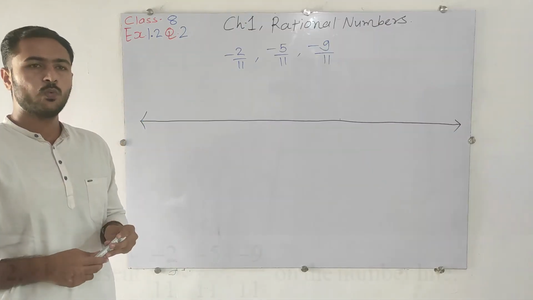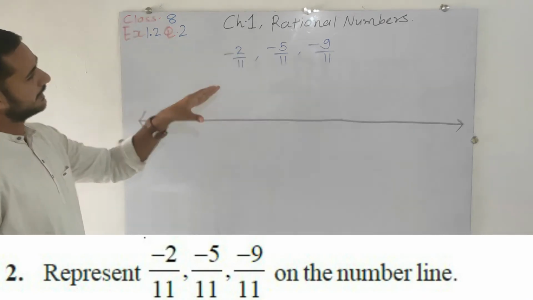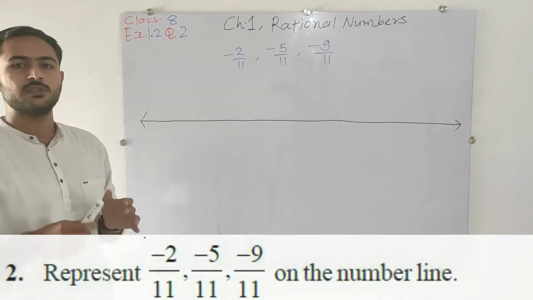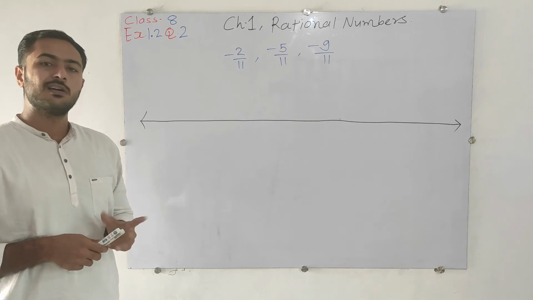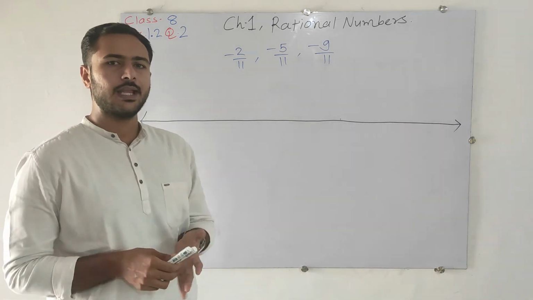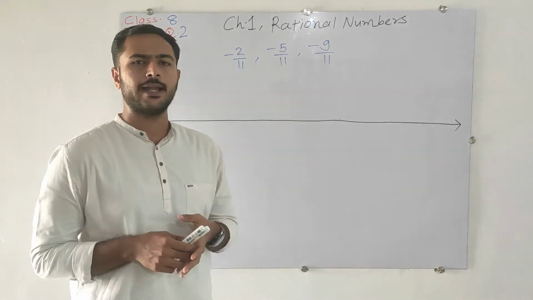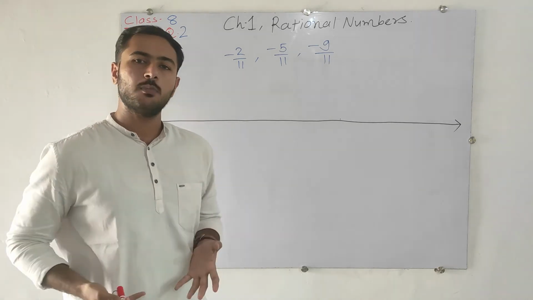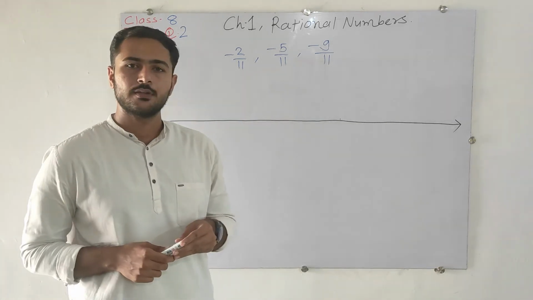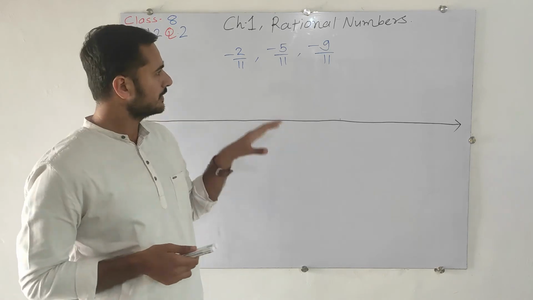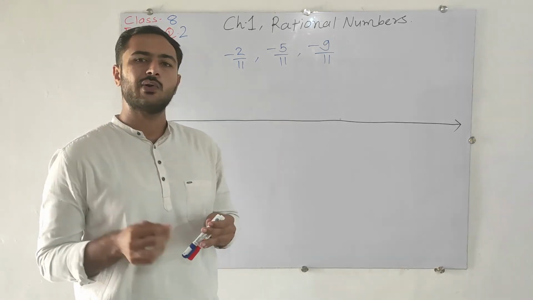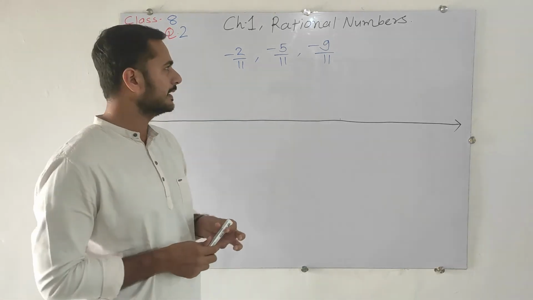In question number 2, we have to represent minus 2 by 11, minus 5 by 11 and minus 9 by 11 on the number line. Okay. Now, first of all, let's think: can we represent these three numbers on a single number line, or do we need three different number lines to show these numbers? So yes, we can show all the numbers on only one number line, because